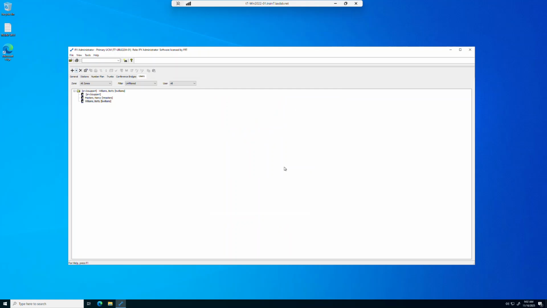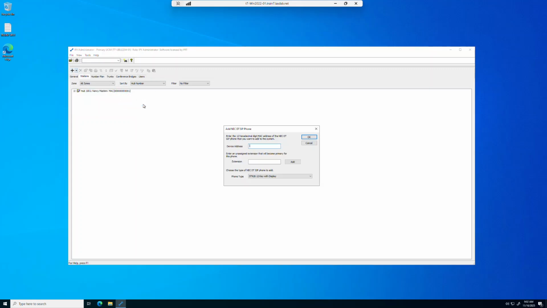I'm getting those warnings. That's fine. You will see the user here. You will see a numbering plan now with a 2001. So now we will create a station for it. So in this case, I will create an NEC DT station. NEC DT has several models. I will use the latest one. No, I will use